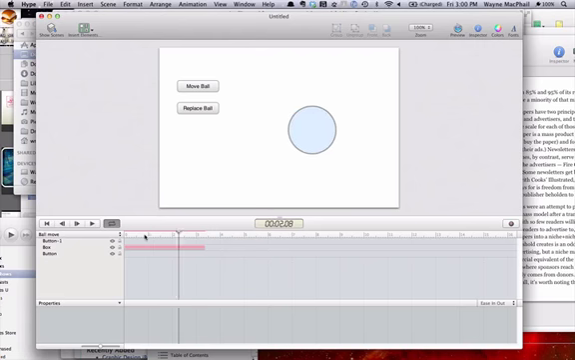Here I'm moving this ball. And if I click on this button here, it'll move the ball. If I click on the replace ball, it will come back. So very simple animation. The idea though, and interaction, but the idea here, which is new, is if I go